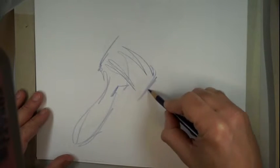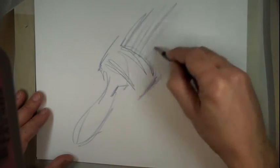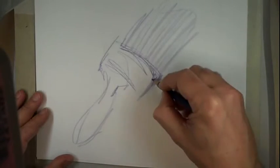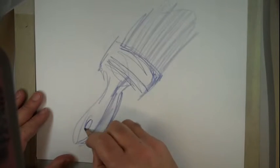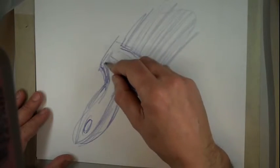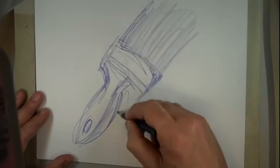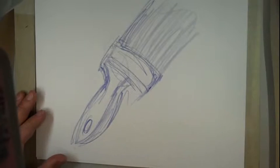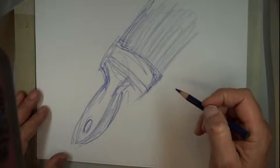So what I'm doing now is really using contour more as like kind of seeing it, so I'm cheating a little here. But even in a quick drawing like this, you have a hole there. You know, so I'm doing a little bit in between now because I can see it with my peripheral vision. And then when you look at it, say, okay, it doesn't look exactly like a brush, but it makes for